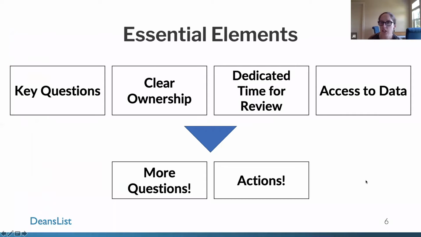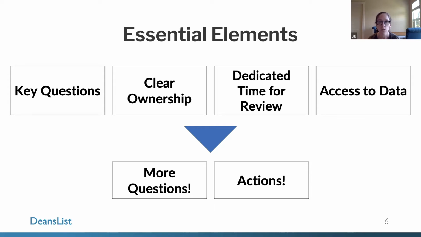Awesome. So thank you all for sharing some of your data challenges and wins on the Padlet. It's really cool to see everybody interacting with each other. So today, as Marlene mentioned, we're going to share one framework that you can use to address some of the common roadblocks that were raised to running data meetings in schools. So this framework, as you can see on the slide here, consists of 4 elements. So determining key questions, defining ownership and responsibility in schools for answering those questions, carving out time for review, which we know is a lot easier said than done in busy school schedules, and then finally ensuring that everyone has access to the data that they need to answer these questions.